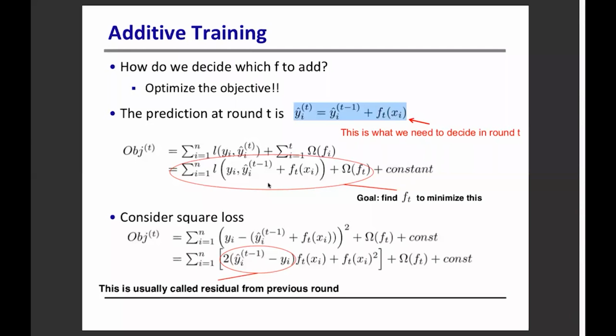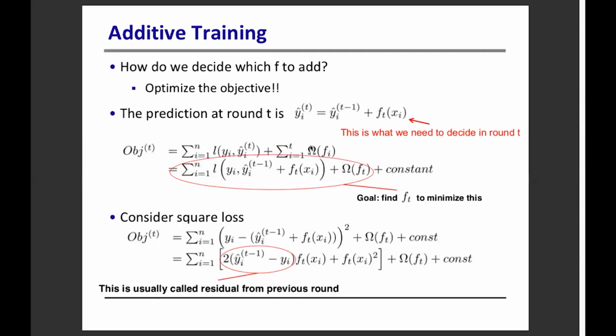Now the loss function at prediction round t: because of adding one more function, we have brought down the loss. How much loss did we bring down? If it were the mean squared loss, we would subtract the prediction from the actual value and square it. So at any point t, the overall loss is the loss in the previous step plus the loss due to the new addition. The loss at time t compares the actual y with the predicted y t,